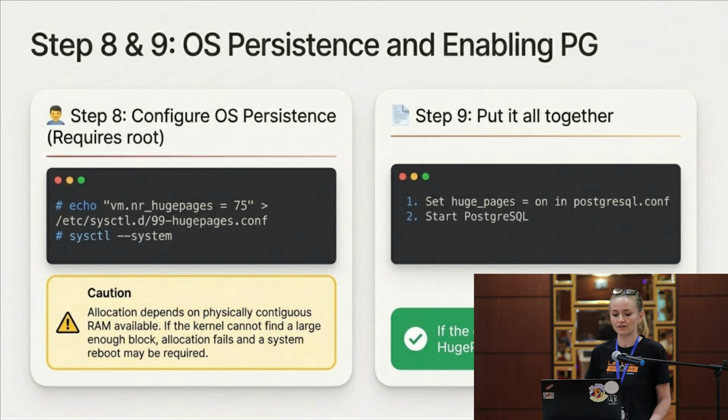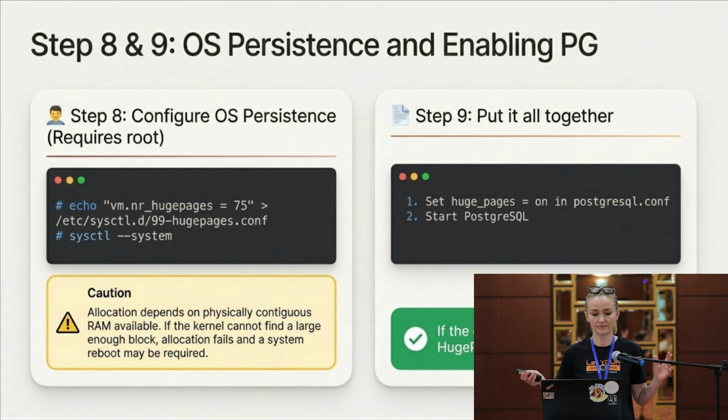So we want to set it in the operating system. There's a couple of ways of doing that, and for sure you need to do it in a persistent way, so it will not disappear after reboot. My favorite way is actually to create a new file, this is a kind of popular name, and just put this 75 number in the /etc/sysctl.d directory, and then run sysctl --system to reload all the